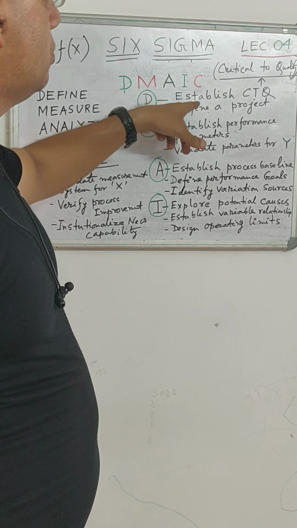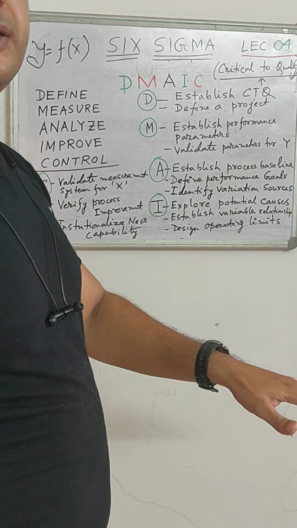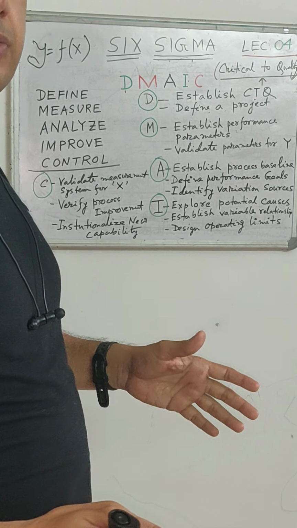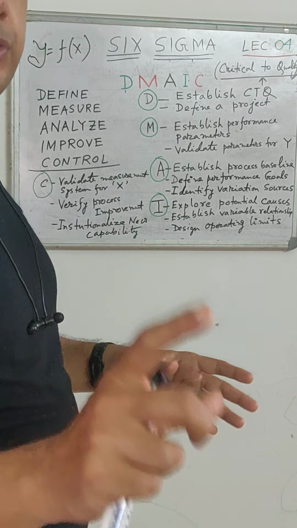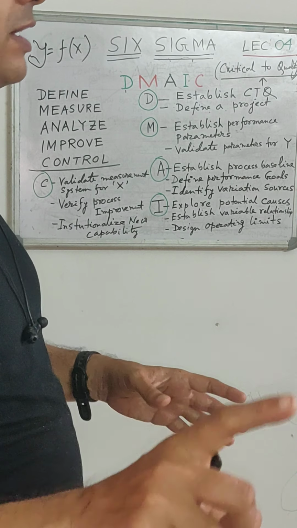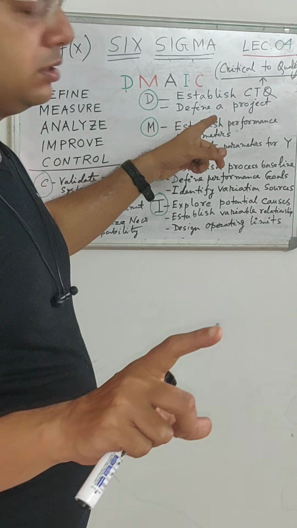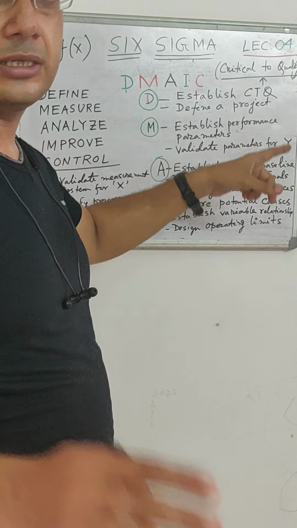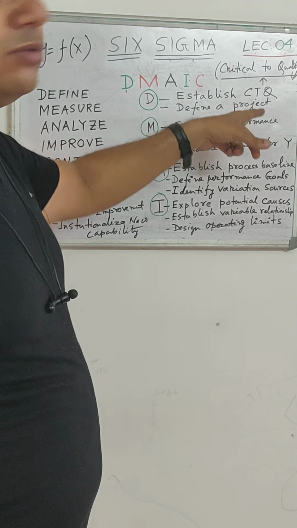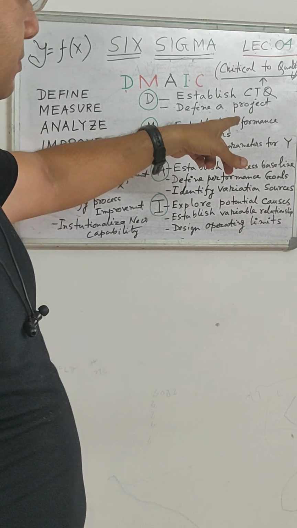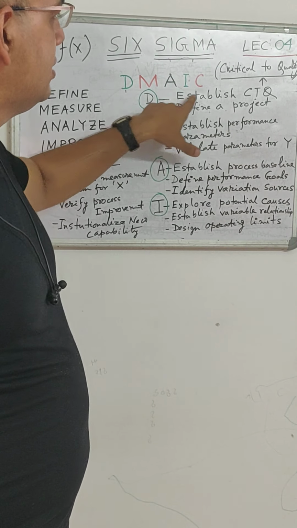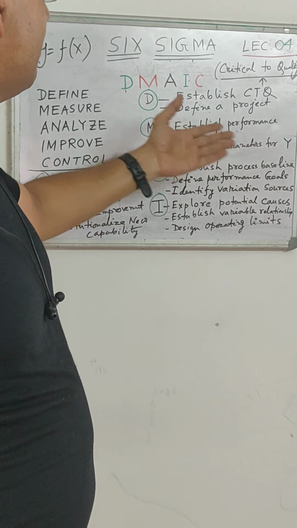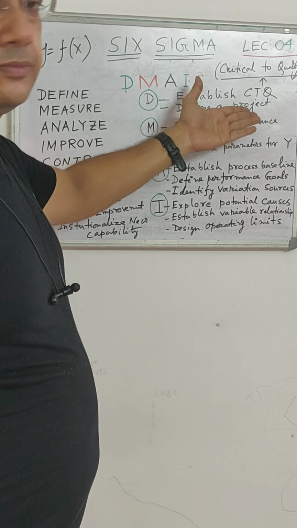quality. So we may have 100 processes, 100 systems, and at a time we cannot go through 100 processes. So a few critical things we will define in our Six Sigma project. So this is CTQ. We will discuss CTQ in detail in subsequent lectures. So this is establishing CTQs, or defining a project.